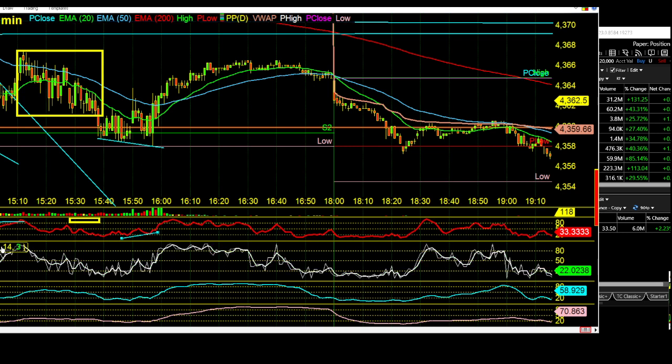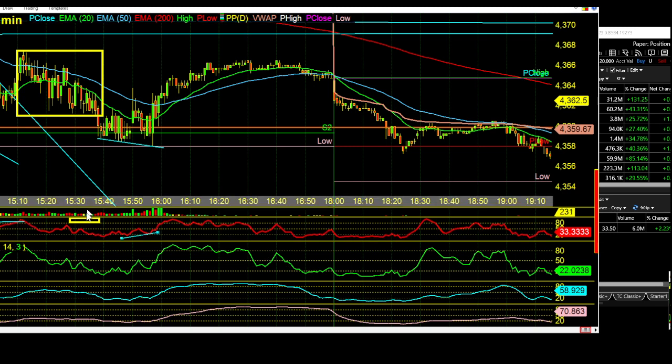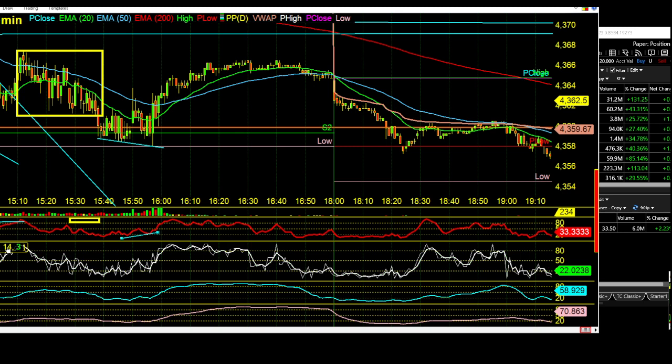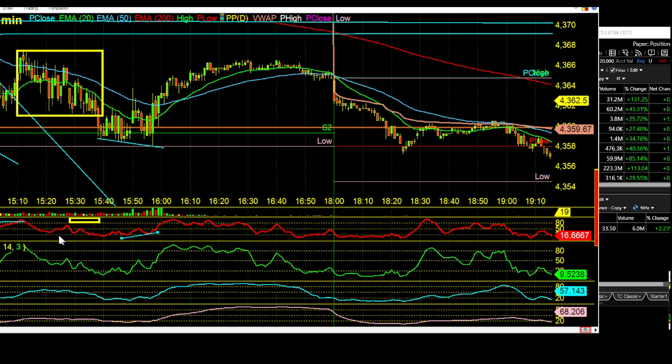In this case, and again, I'm not going to go into this, I teach this enough, but if you're familiar with the stochastics, it's going back a number of candles, which is the percentage K. The stochastics are broken down into percentage K and percentage D. Percentage K tells you how many candles you go back and use data from. The percentage D is the moving average placed on that data and gives you a D line, which is your signal line. And this signal line is the one I use. I get rid of the other one.